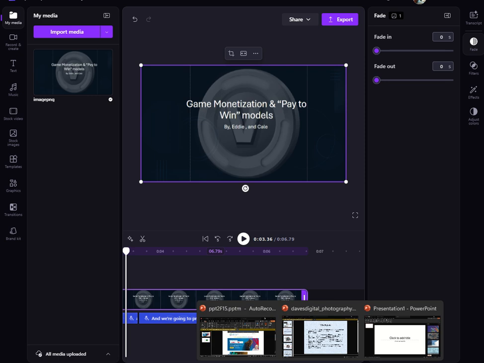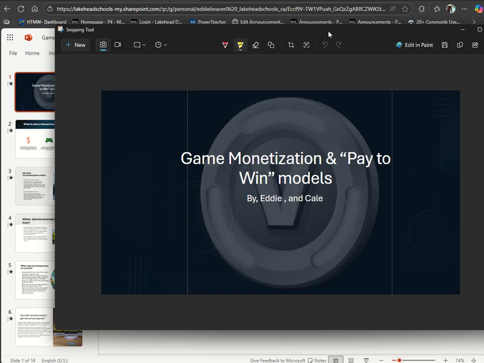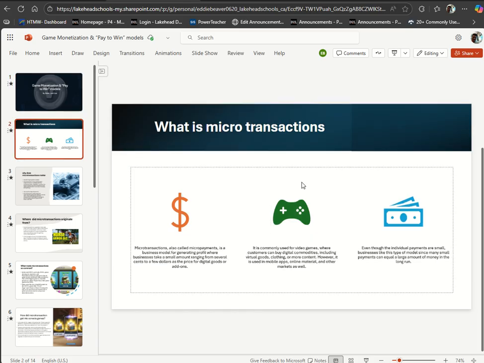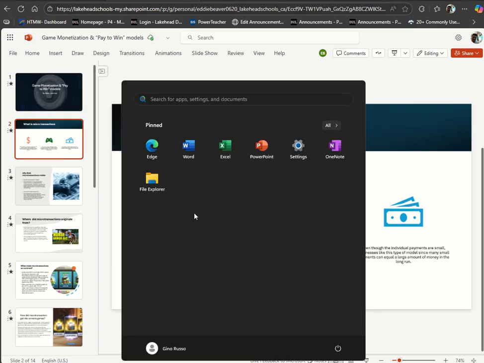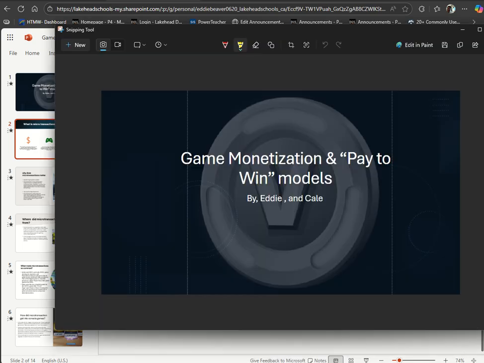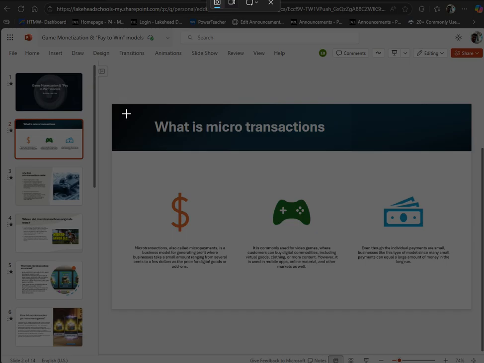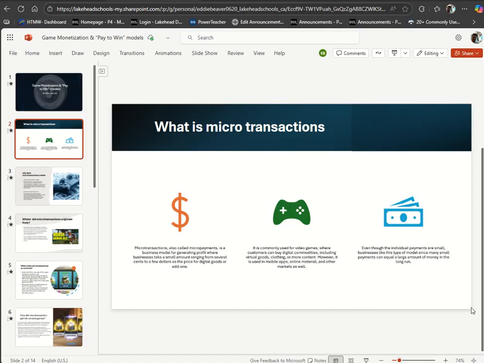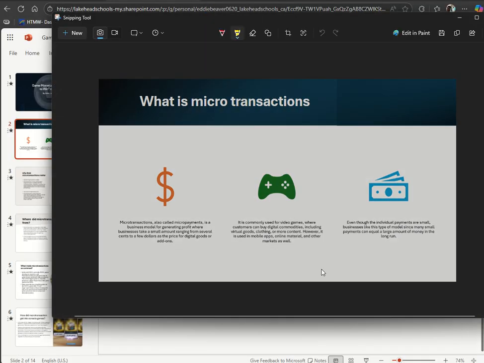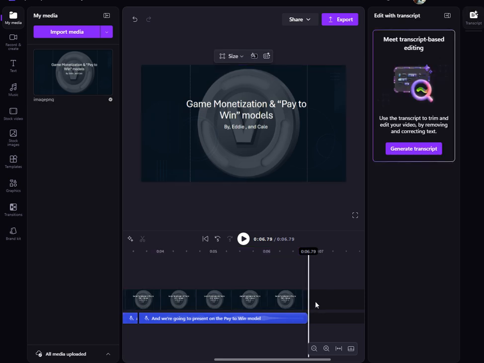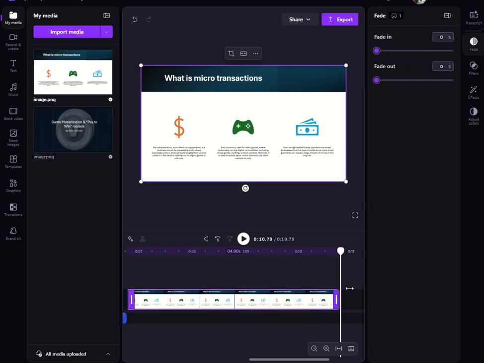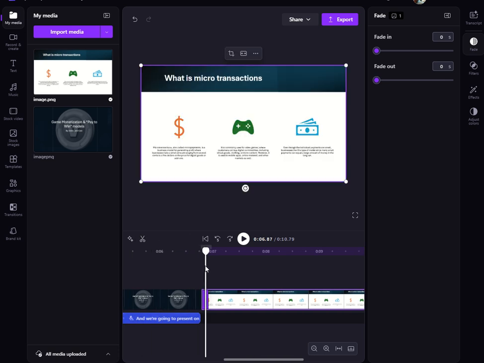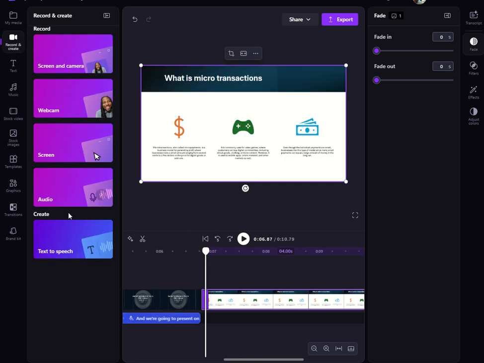So I'm going to minimize this and go back to Eddie's thing, and now he's going to talk about what microtransactions are. So let's go back to the snip tool, or actually I have it already selected, and I'm just going to hit new and select the next one. Okay, I let go. I can go copy, go back to here, click right after, and if I hit paste, I've got that. Pretty cool. So now again, I'm going to go back to record and create,